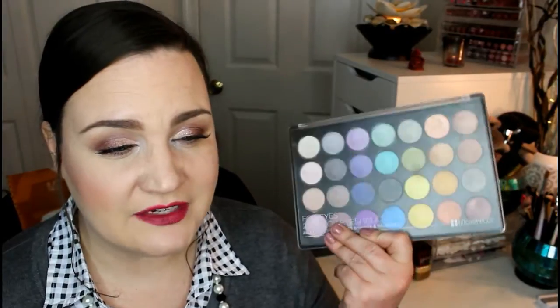I love the way they look. I love the way they apply. They apply just fine with brushes. I applied some foiled and some just how they come in the palette. But you know, if you're looking at the Makeup Geek shadows, which I don't have any of those, I would like to try some just because I've heard they're so fantastic. But if those are not an option for you